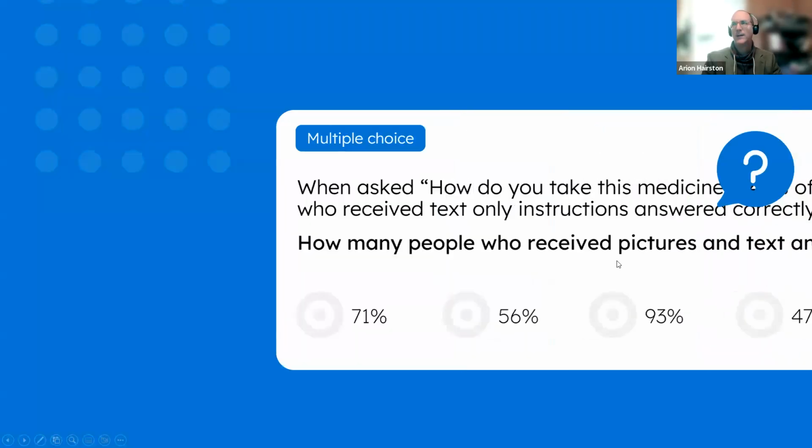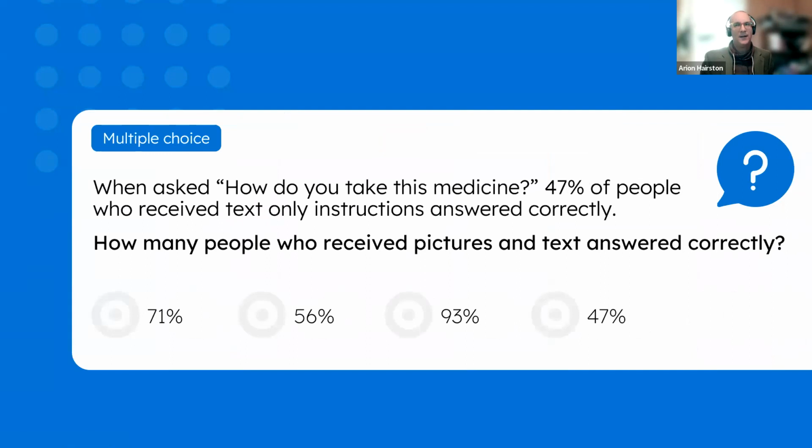So here is a little quiz. Now it's your turn. I've been talking a lot. The rest of this, we hope to be a little bit more interactive. According to one research study, when people were asked, how should you take this medicine after looking at some instructions,